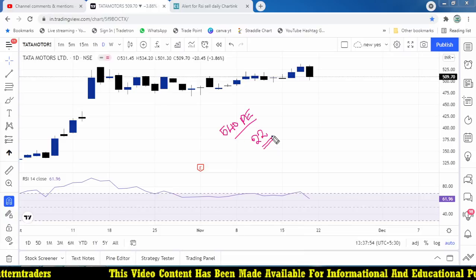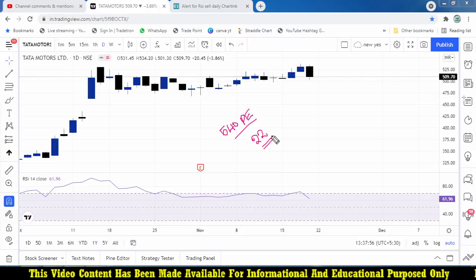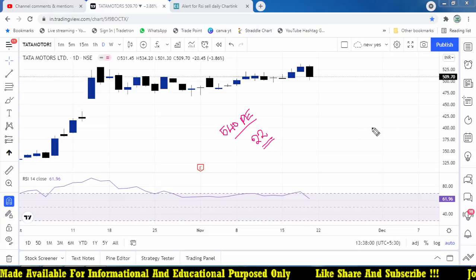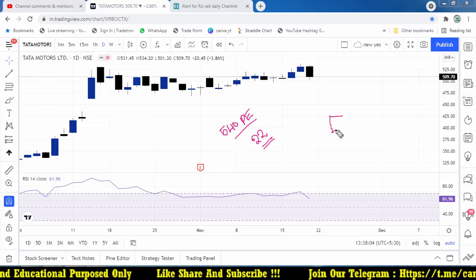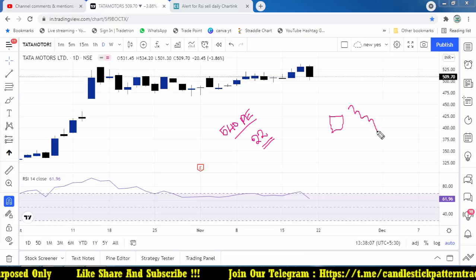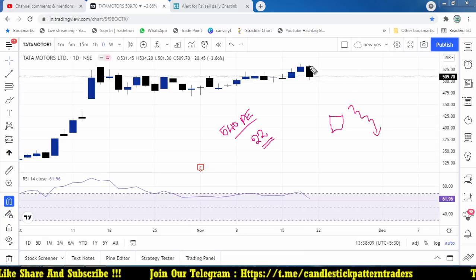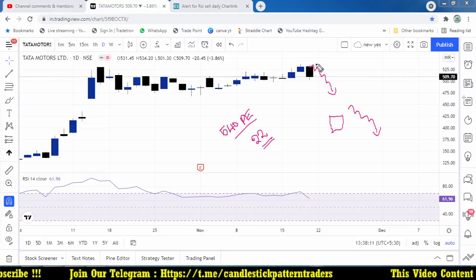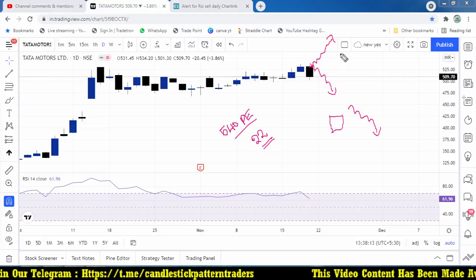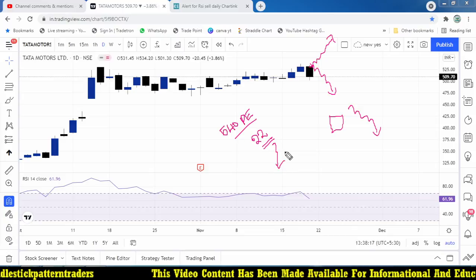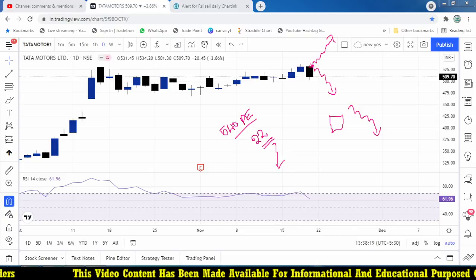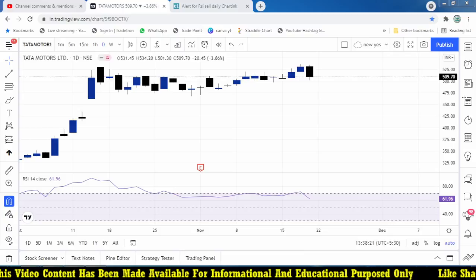And someone is asking about how to put the stop loss, where to put the stop loss, when to put the stop loss, everything they are asking. So the logic we have taken: this stock is planning to go down, so my expectation is that the stock goes down. But from the opening I expect it going down, and in case it suddenly reverses, it means the premium may decrease. When the premium decreases, how can I put the stop loss?